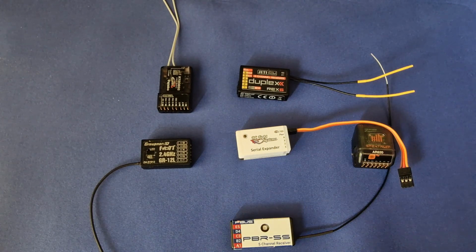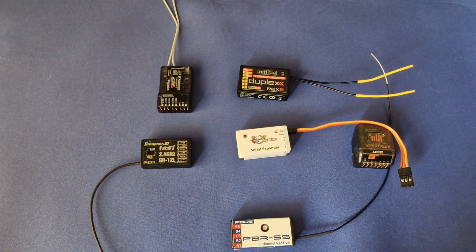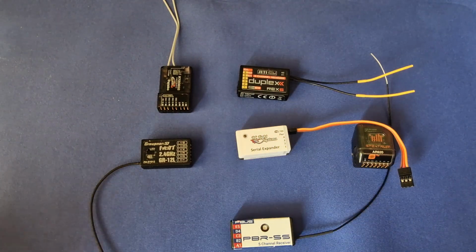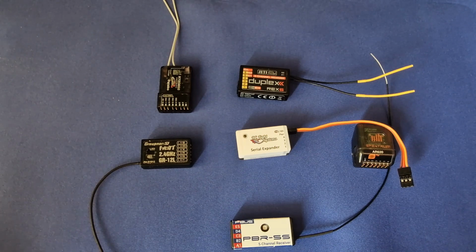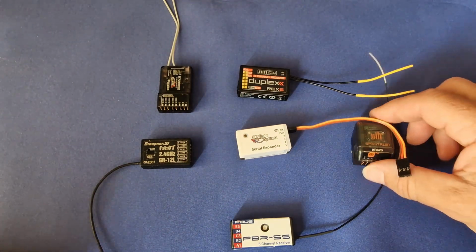Now that we've got the basic configuration done, as a minimum set the right radio type, we need to connect the expander to the receiver. Now, we need to connect to the serial bus output of the receiver, and we just need to know what that is. So if we work through some of the various options that we've got here,